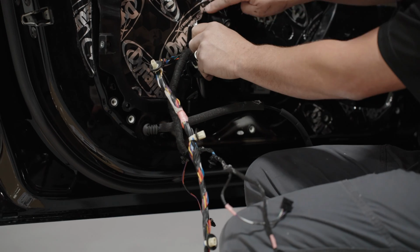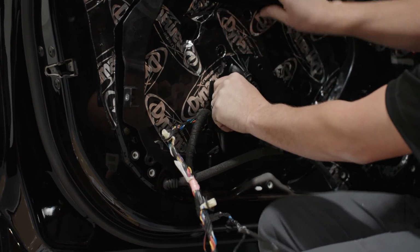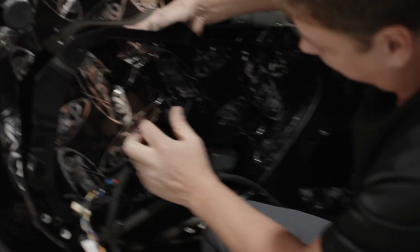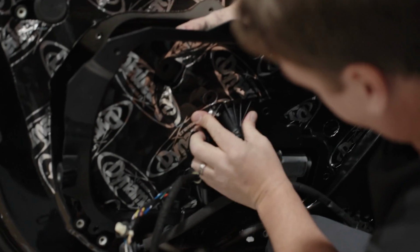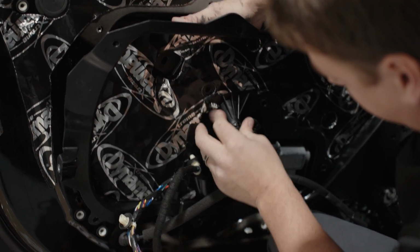When you go to push the clip back here that we had, you have a handy lever here that you can pull on. Also, you could just push it in from the back to start with. You might have to move a little bit of the Dynamat out of the way to get the clips in position, but